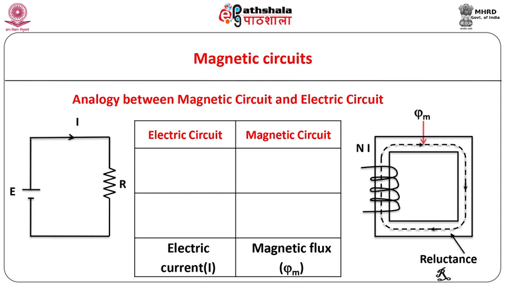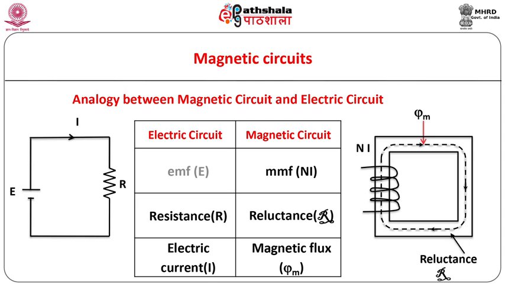The opposition by the magnetic material of the core to the magnetic flux through it is known as reluctance. It is analogous to resistance. However, instead of dissipating, it stores the magnetic energy. Current carrying coil of primary is a source of magnetic energy in the form of MMF, that is magnetomotive force. The magnetomotive force is analogous to electromotive force of a battery in electrical circuits.